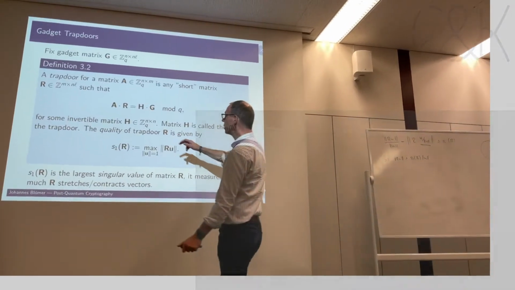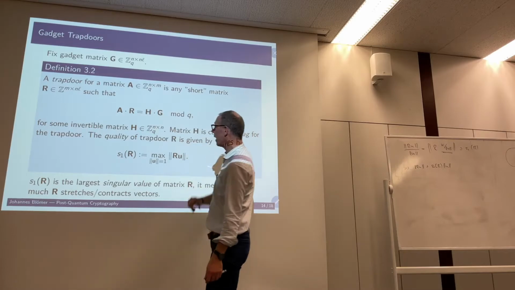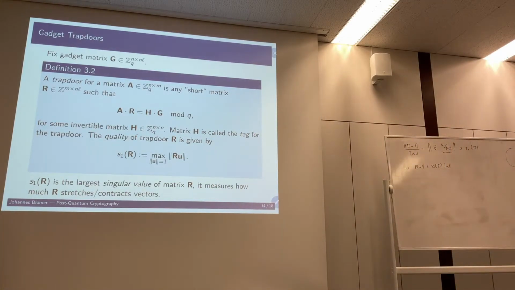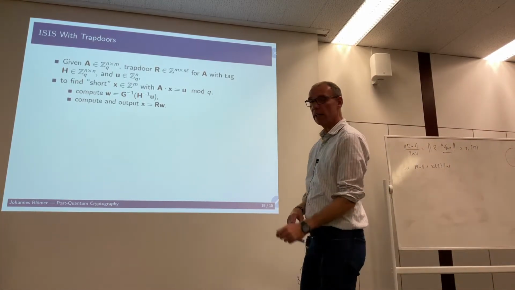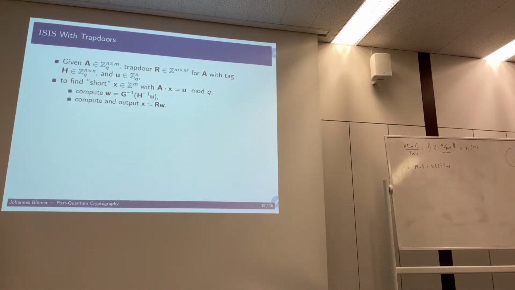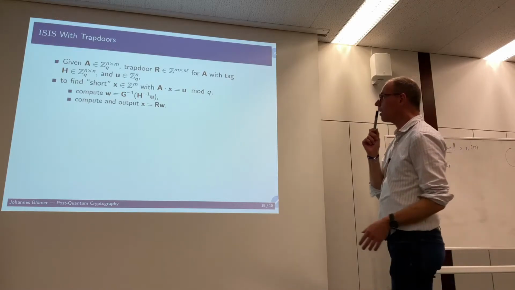Good. So if you multiply R on the right to A, we get H times G. Once we have a trapdoor for a matrix A and we know the tag, then we can solve ISIS for A. We do that as follows. Given a U in Z_q^n, assuming it does have a solution X such that A times X is U, we always assume that this exists. As we will see, with high probability over random choice of A, that is true. There always exists one. So to find a short X,